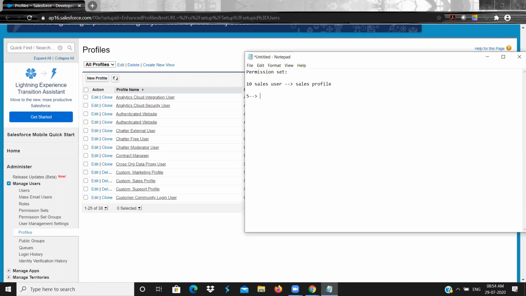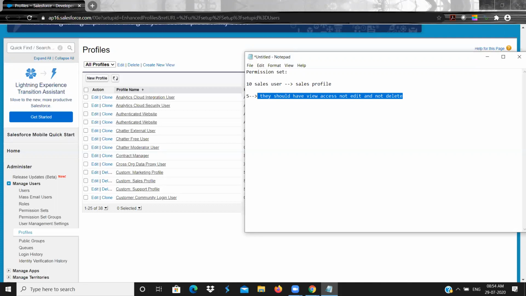So those 5 users should have view access, not edit, and not delete. In that case, one possible scenario is to create a new profile and assign it to those 5 people. That is one easy way. But in real time, you will have hundreds of exceptions like this, and you cannot create hundreds of profiles, and the exceptions may vary.